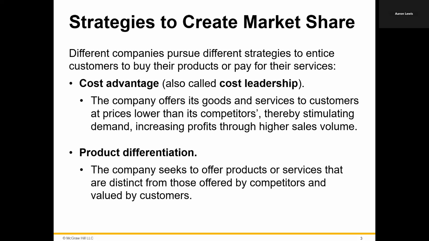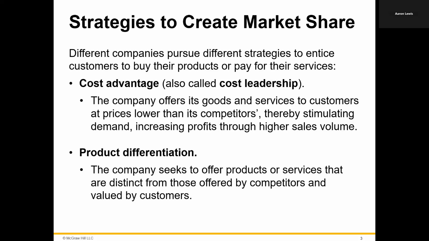So companies are always trying to create market share. They want people going to them for products or services as opposed to their competitors. Well, why would a person want to go to one company instead of the other? And how does that company use that information to gain market share? Well, one way to do that is to generate a cost advantage. Find some way that you can to make your goods or your services cheaper than anybody else can. And in that way, you can lower your asking price for your goods or services and effectively undercut your competition. People always like a deal. People are going to go to you to get their goods or get their services instead of your competitors.